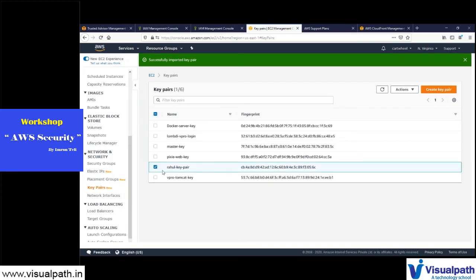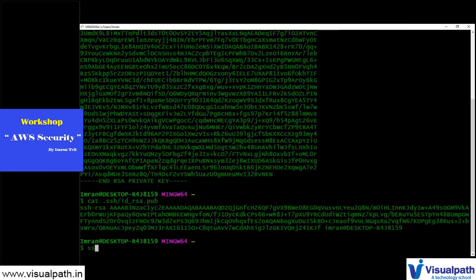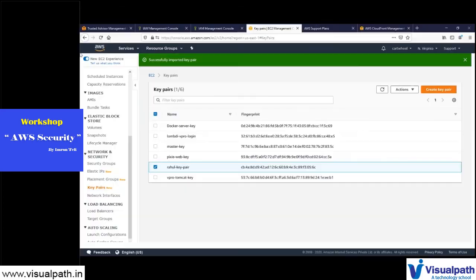Now, when you launch your EC2 instance, Windows, Linux, any EC2 instance, you can select this key pair. And when you want to log in, when you want to do SSH, you can just use your private key, and user@IP. So you can use this private key to log in, and you have already uploaded the public key in the instance. Okay. Cool. Now, let me bring up this EC2 instance.